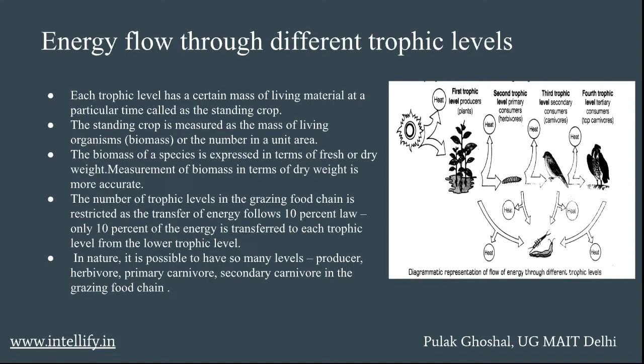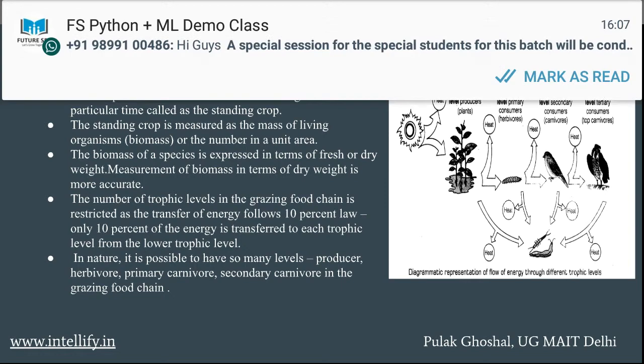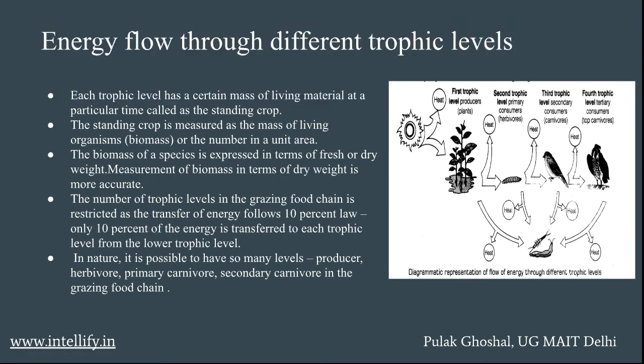Trophic level is the place that an organism occupies on the basis of its energy content, and not only energy content but also biomass and the number in a unit area. Next is